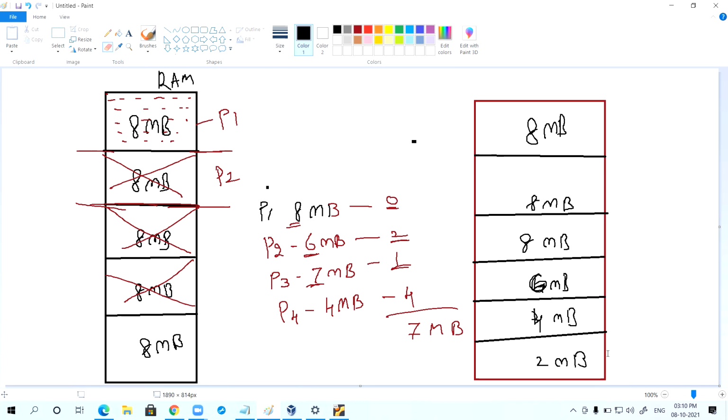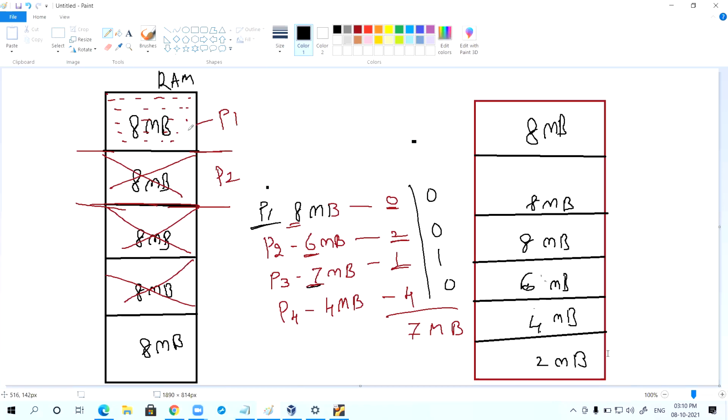I'll write it here. Now tell me, in this policy, for the P1 process, how much internal fragmentation? 0. For P2, 0. For P3, it required 7, got 8, so 1 MB. For P4, 0.